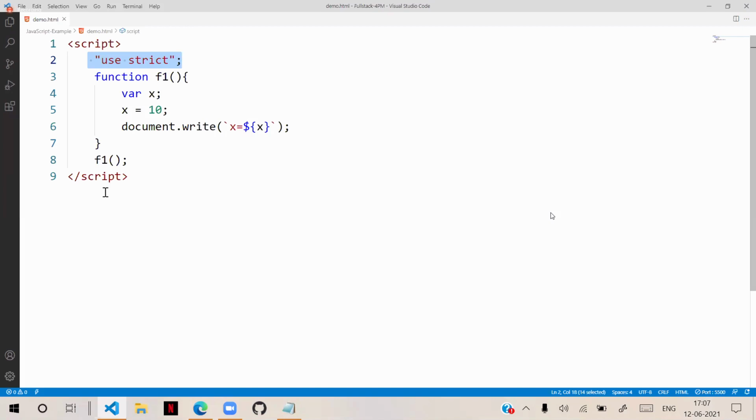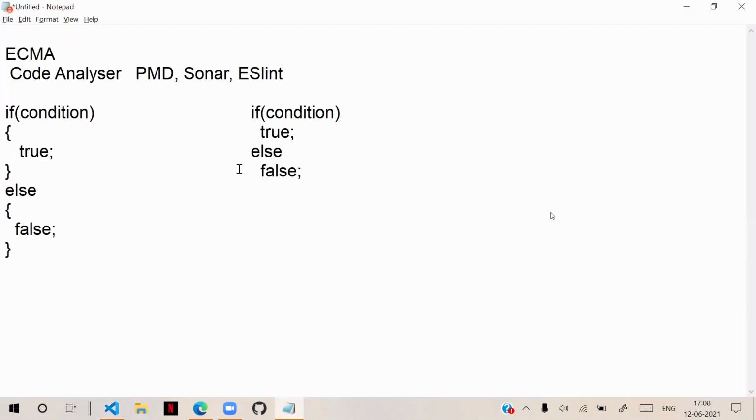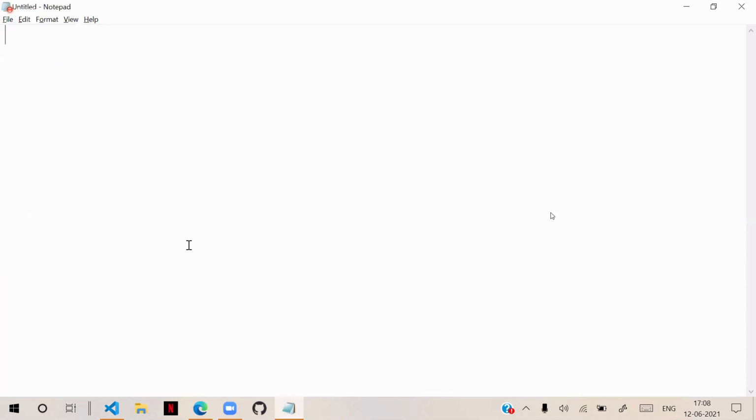The purpose of strict mode is what is important. I hope everyone understood. Is it clear? Strict mode of JavaScript, that's important.